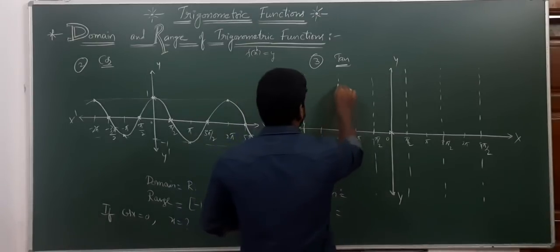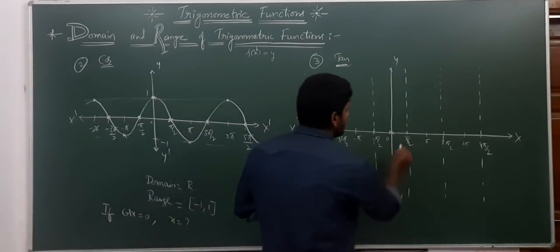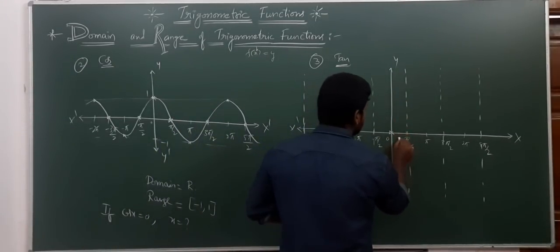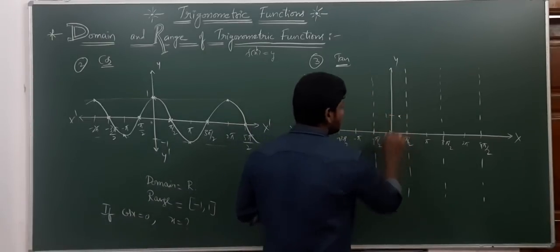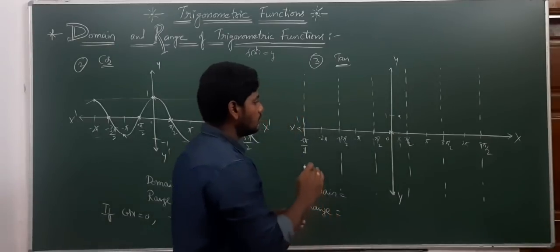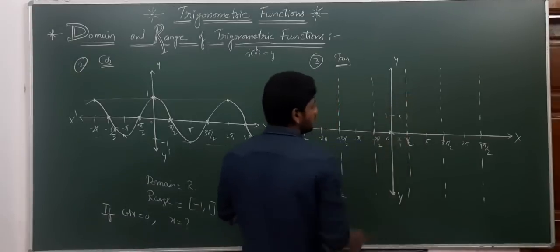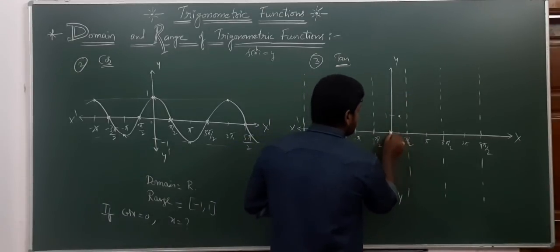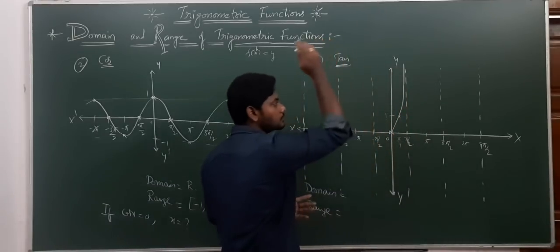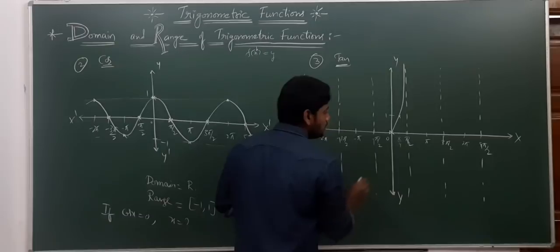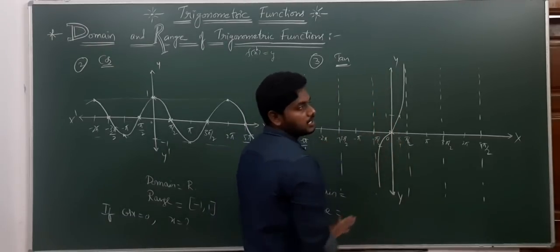So you will understand later why I have drawn those dotted lines, right? What is tan pi by 2? Tan pi by 2 is undefined. But what is tan pi by 4? What is tan 45? Tan 45 is 1. What is tan 60 degrees? Tan 60 is root 3, somewhere here. Tan pi by 2 is undefined, so it won't touch anywhere, so it will go upside. Again, tan minus pi by 2 is also undefined. So the graph will be like this.